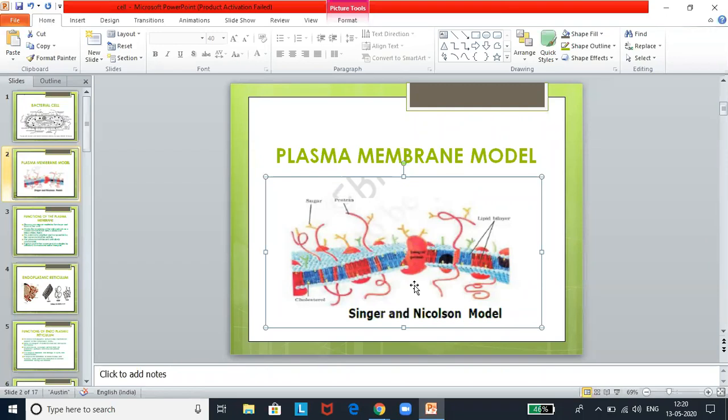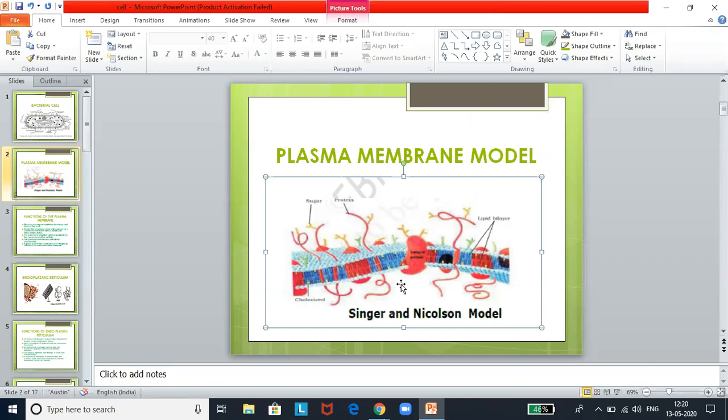Some of the globular proteins embedded here and there in the membrane project on both sides, and these are called transmembrane proteins. They may form a channel through which certain materials can pass. Only on the external surface, various kinds of carbohydrates are found, attached to the lipids and proteins to form glycolipids and glycoproteins.